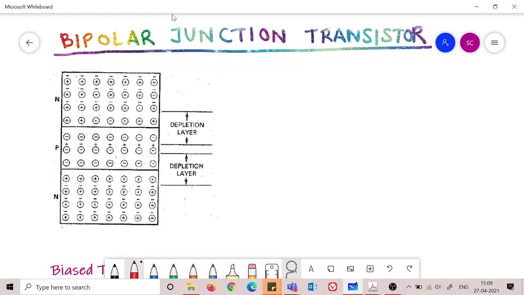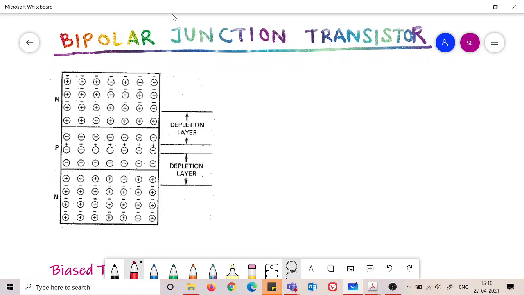That means there are three crystals. So you see in the left hand side now, there is an N type, on top of that a P type, on top of that a N type. So this gives rise to two junctions in this entire assembly. In this entire device, two junctions are present, and this gives rise to all the difference between the characteristics of diode and transistor.